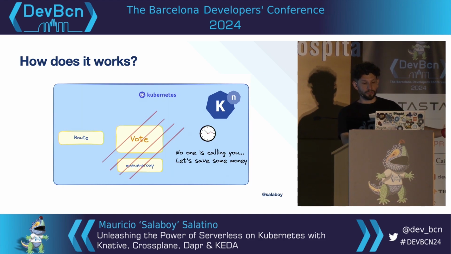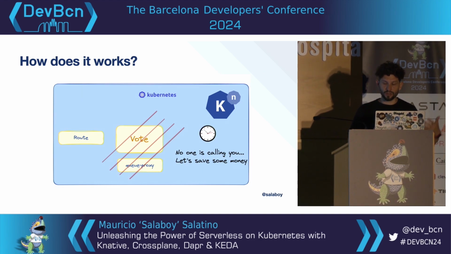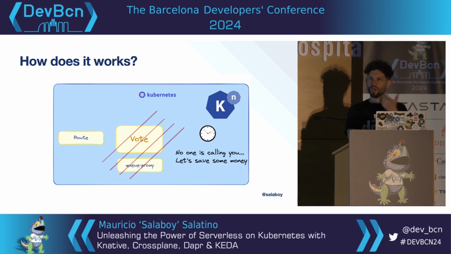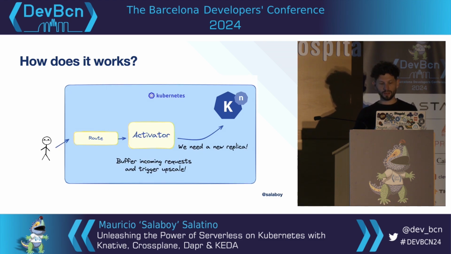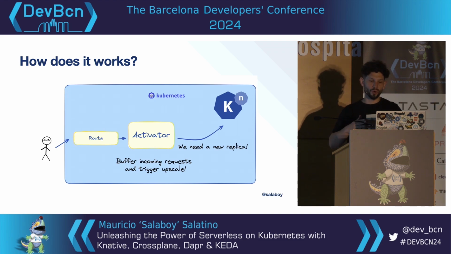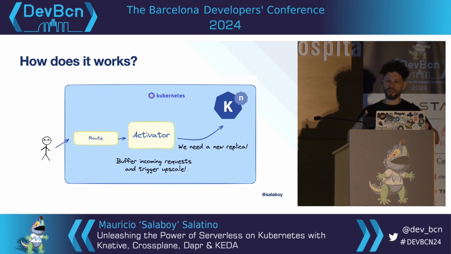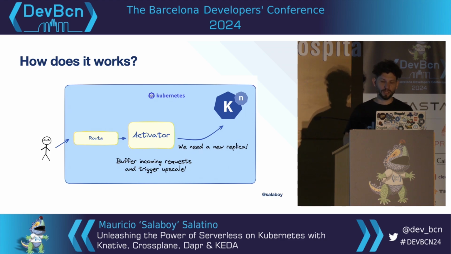If nobody is calling your route, what happens is that your service gets downscaled after 90 seconds or so, and there is now a route, a URL, with no replicas serving requests, which is a pretty interesting scenario. I think this is the most interesting scenario of the entire Knative thing: what do you do when you don't have anything serving your requests? Well, you need a different mechanism called the activator, which waits for requests in order to buffer them and then wait for new replicas to be kickstarted.